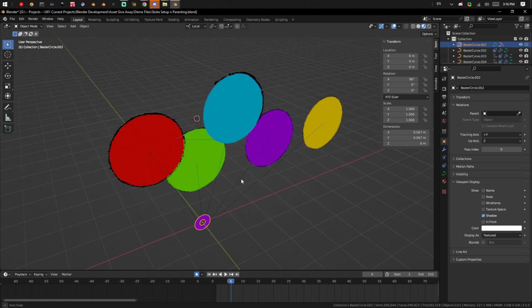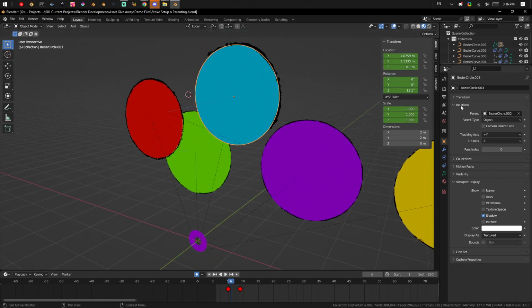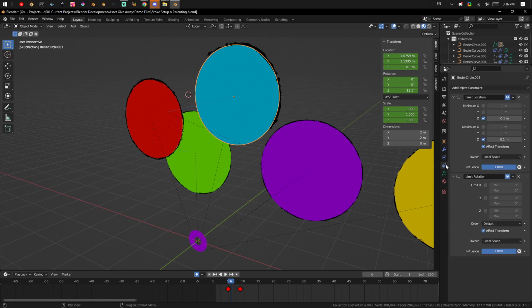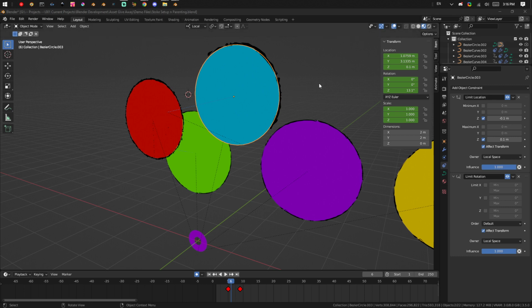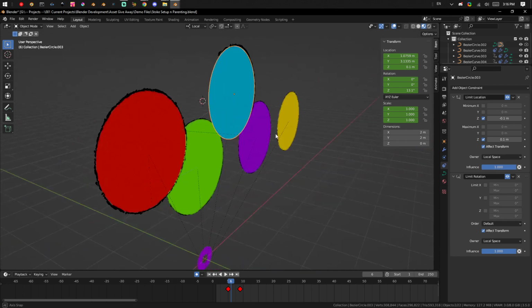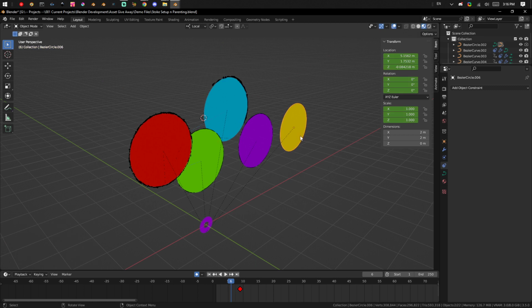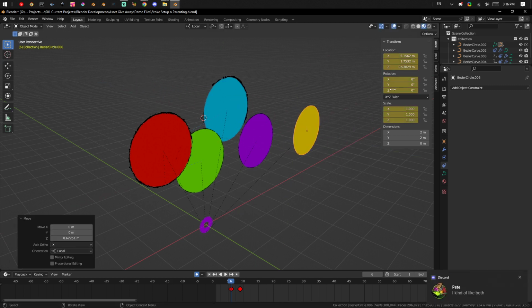I'll look into that. But before we go, last thing. So the thing is here on the limit constraints, let's just close this down. On the limit constraints, this is a cool thing. This is the biggest thing that I was bumping into when I was animating. Basically, when you're moving these objects off, basically, when you're animating these 2D,